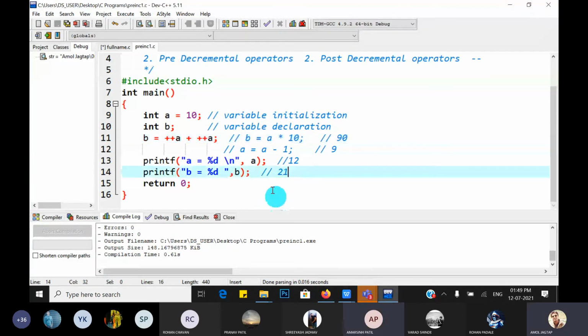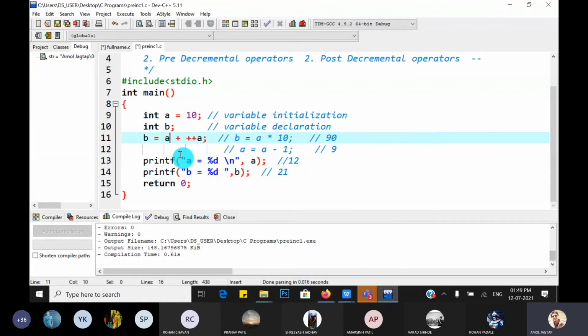21. That's why I'm telling you what the compiler does with this line. What is the current value of A? 10. It depends on the precedence, from left to right. Left to right means from here to here we execute the statement.